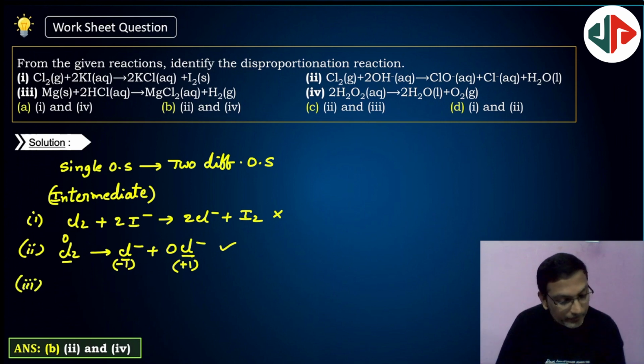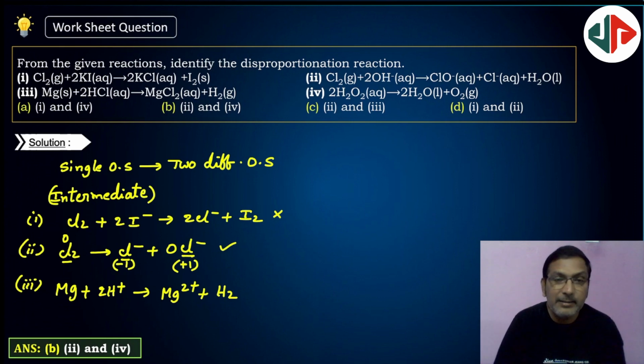Third, magnesium plus 2H plus gives Mg2 plus plus H2. So here magnesium is oxidized and H plus is reduced. Redox but not disproportionation. Fourth option,